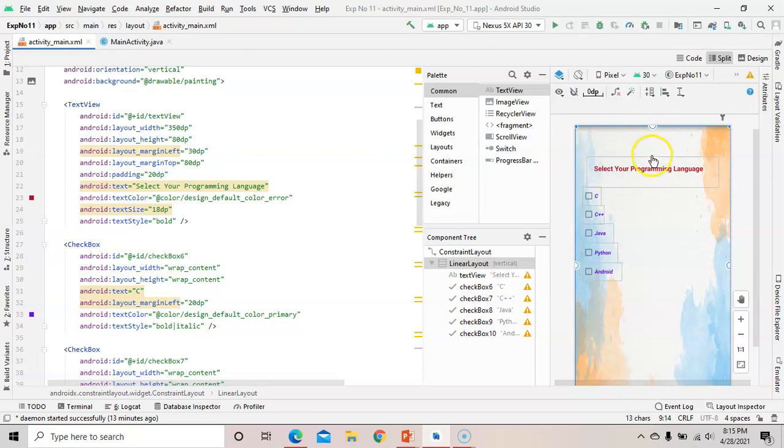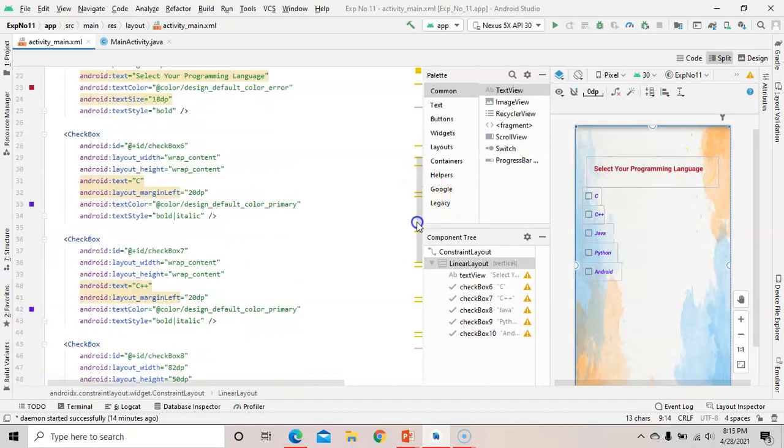And then my margin left is 30, so from here to here on the left side it is 30. I have added padding, which means inside the text view it will leave space of 20, 20, 20 and 20 at the top, bottom, left and right.